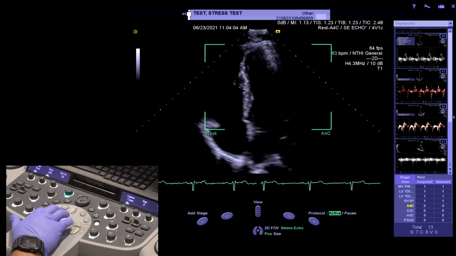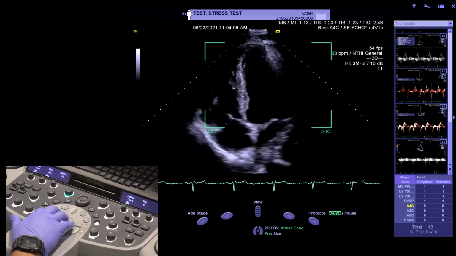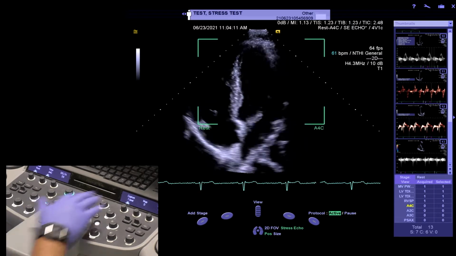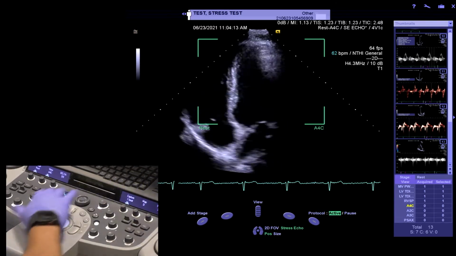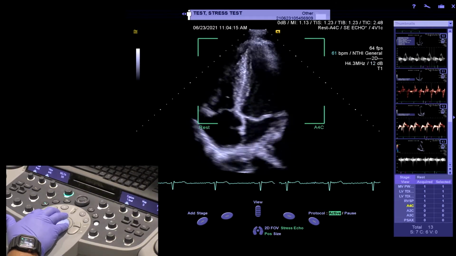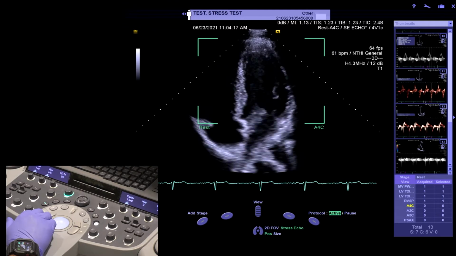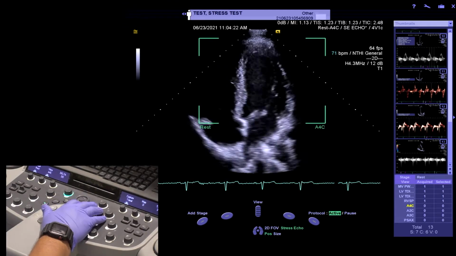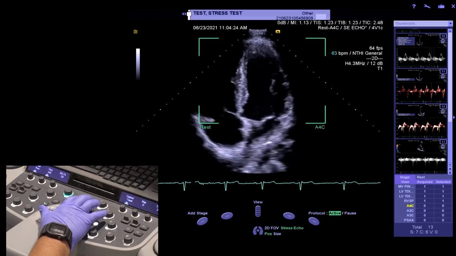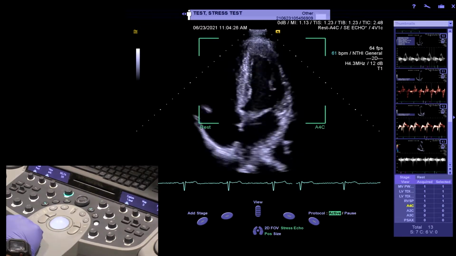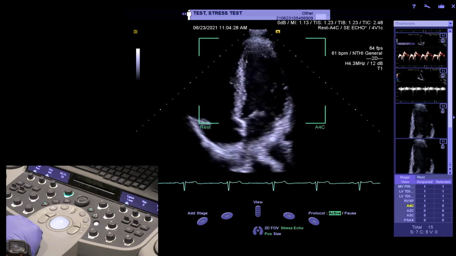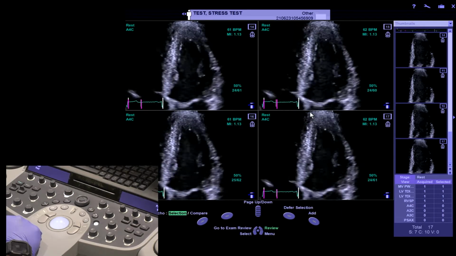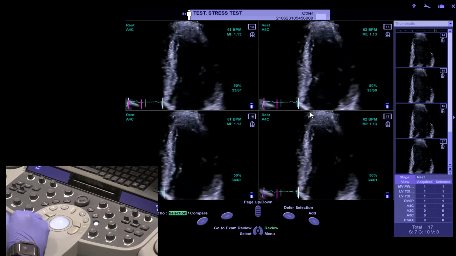Once we move to our apical images, we will actually need to adjust our box over the said LV images, because the region of interest box will only acquire what is inside of the box. So we will ask our patient to hold his breath, and we will hit acquire of a live image. Once it's acquired, we can tell our patient to breathe, and it prospectively